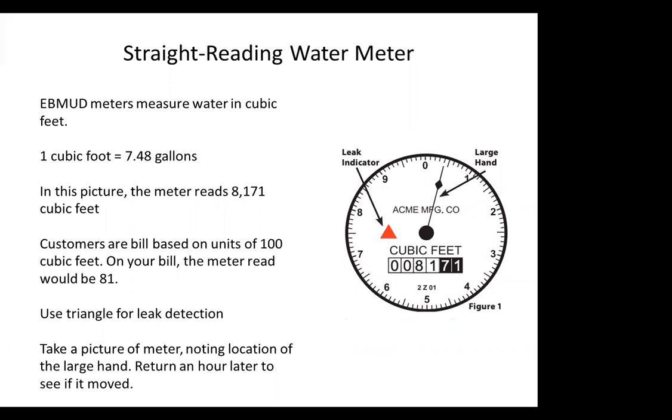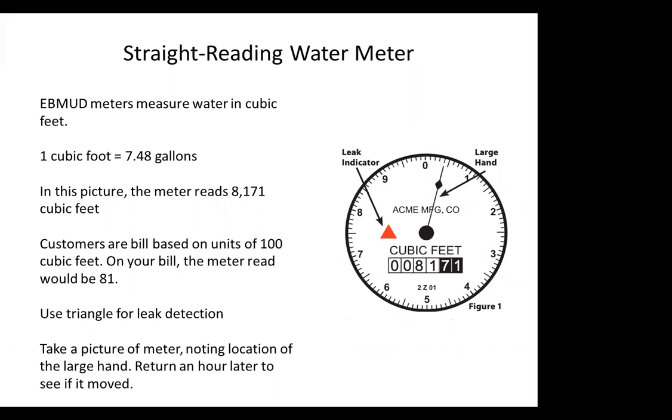The first thing to look for when reading your meter is the leak indicator, right here. In this picture, the leak indicator is a red triangle, but sometimes it's shaped like a gear or kind of like a snowflake, and if the leak indicator is rotating, that is a giveaway that water is being used and that you may have a leak. If you were to, for example, go turn on your hose and then come back and look at the meter, this red triangle would be spinning very fast, and so would the hand on the dial. But the leak indicator can pick up smaller leaks when the hand on the dial might be moving too slow to notice it right away.